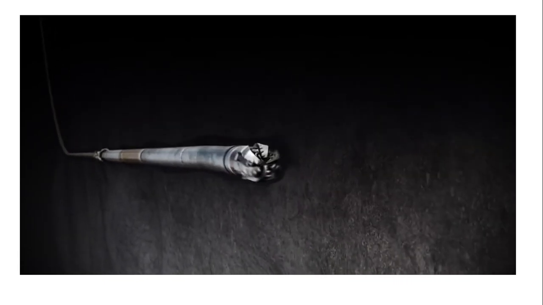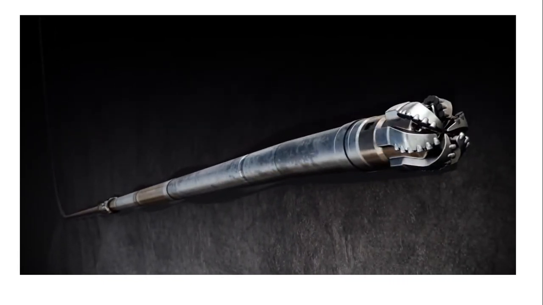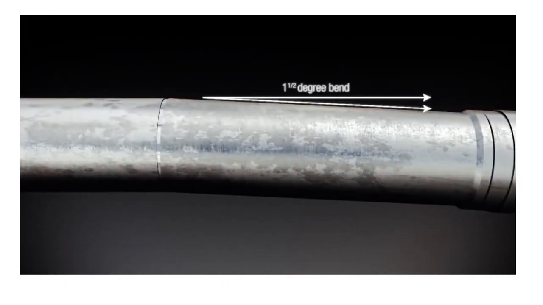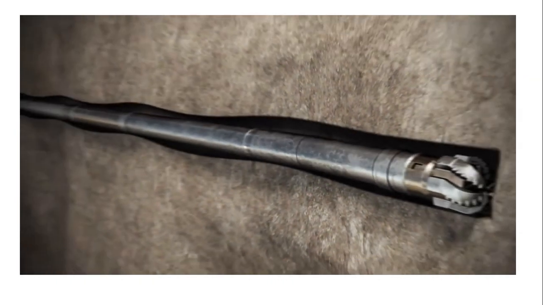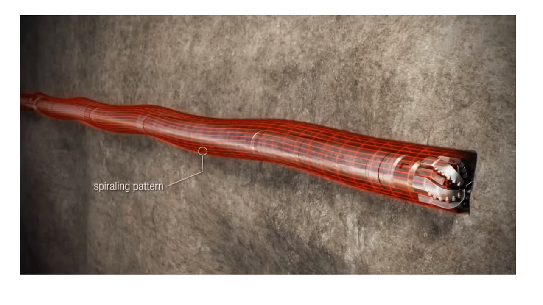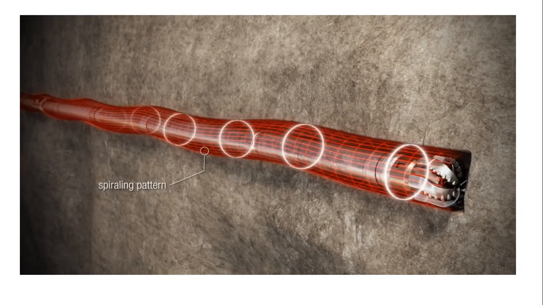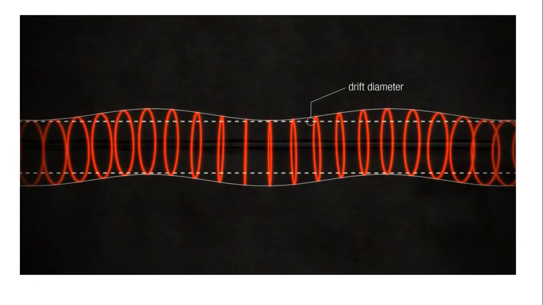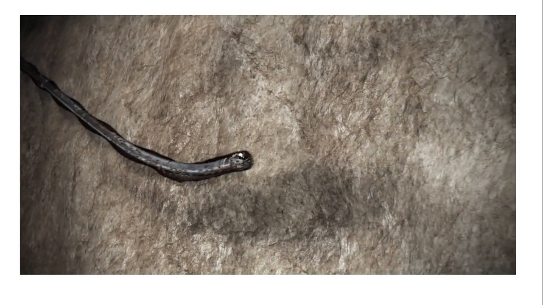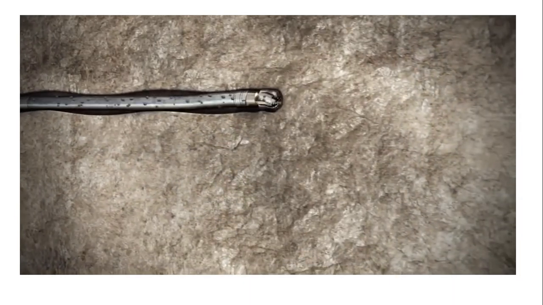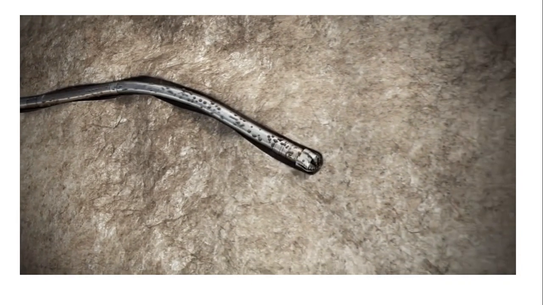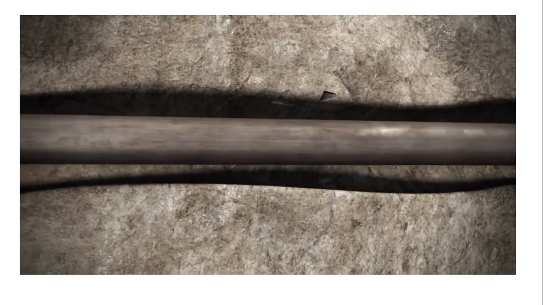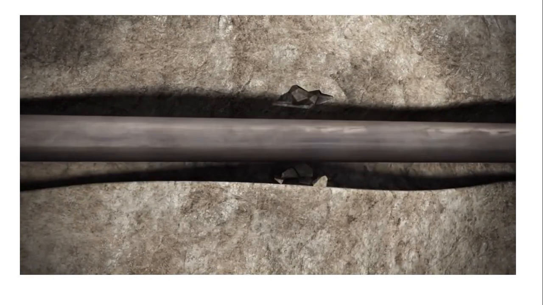When directional drilling, the quality of the wellbore is damaged in several ways. Because a directional drill bit sits at an angle from the rest of the drill string, a spiraling pattern emerges while the string rotates. And although the resulting hole at any given point measures out to the intended cutting diameter, examining an extended length of the wellbore proves the drift diameter is actually much smaller. Geosteering causes irregular ledges, both while intentionally rotating and sliding, or when making directional corrections that result in doglegs. And the formation itself can break out into the wellbore as the bit releases formation pressure.